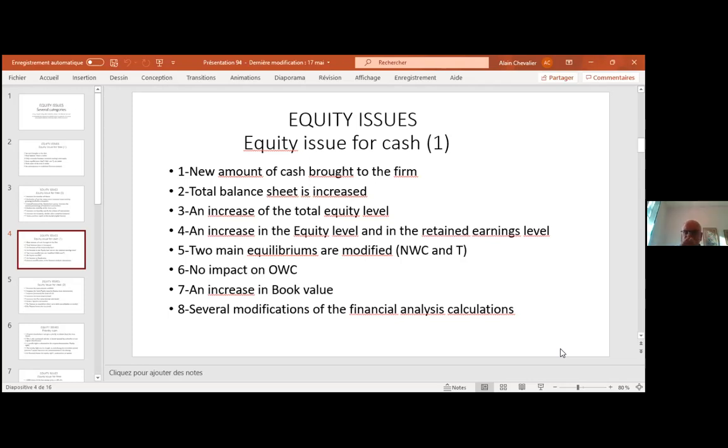So that means in terms of financial analysis, if we have to conclude here, it is point 8, you find several modifications which are globally positive on the debt equity ratio, of net working capital, the level of cash, and the level of T. But there is no impact or modification on some others, mainly on all the elements included in the calculation of the operating working capital. That's what we find here.